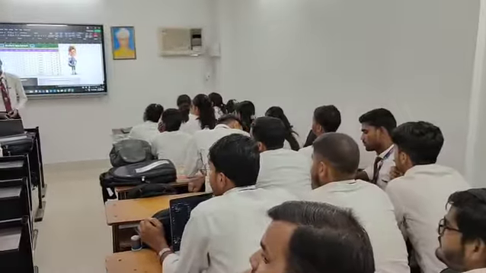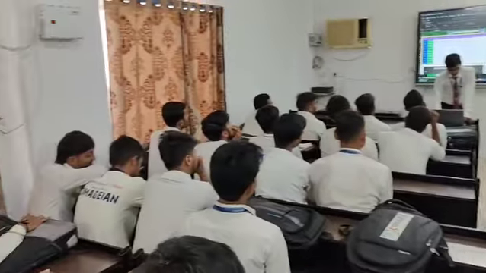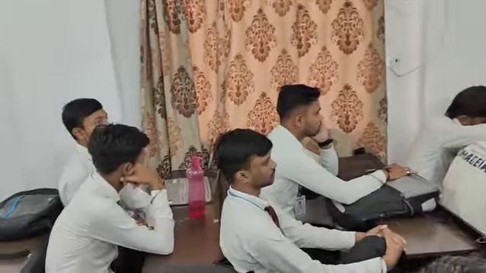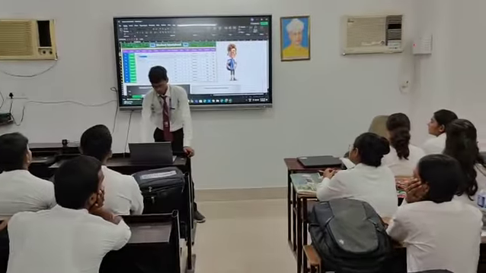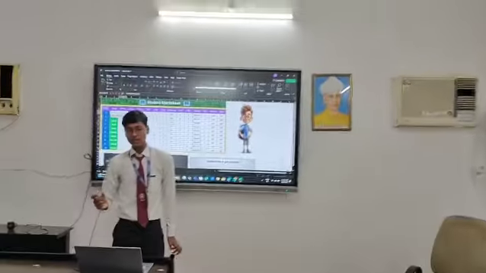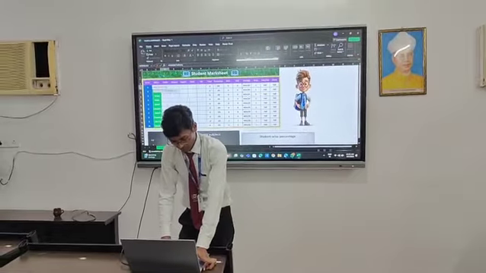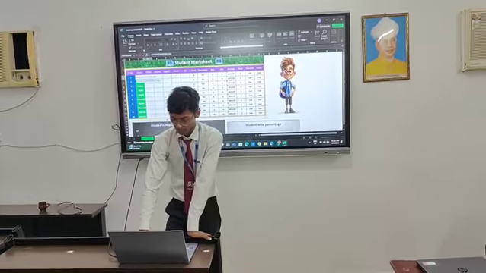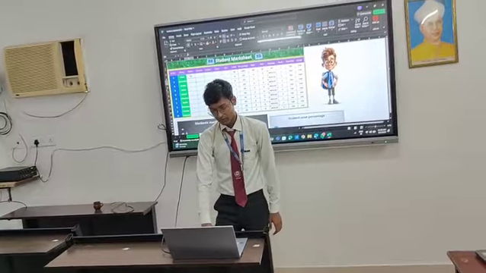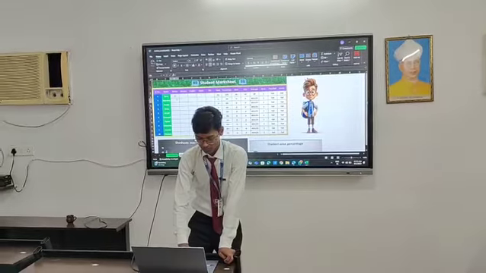One point that we should note here is that every function in Excel starts with an equal to symbol. So firstly I will write equal to symbol, then RANDBETWEEN. As you can see, the third option is RANDBETWEEN. So we will go there and press tab. This function generates a random number between the specified two numbers. So I am taking 33 as the first number and 100. Then I will press enter. You can see a random number got generated. I did this using the equal to RANDBETWEEN function.